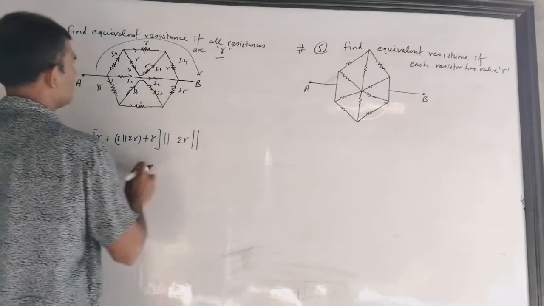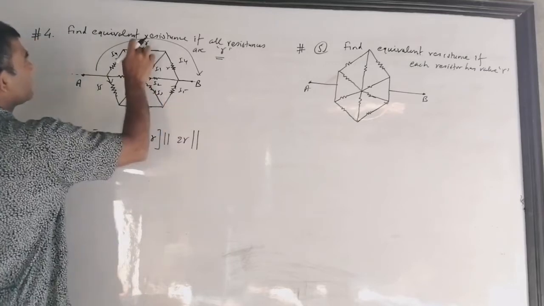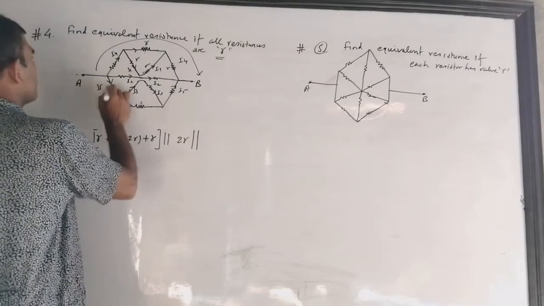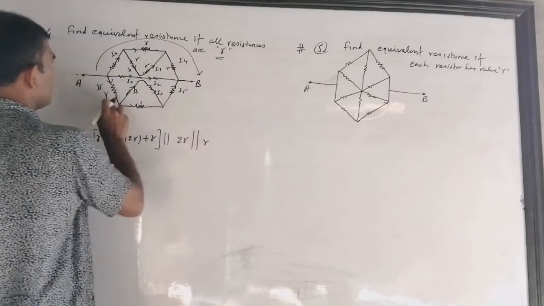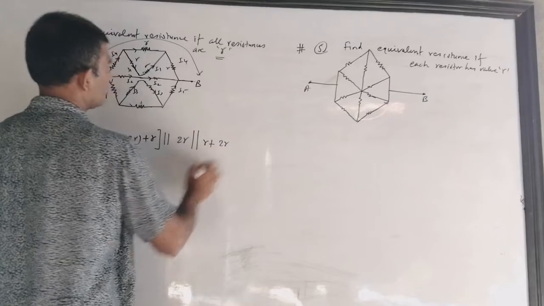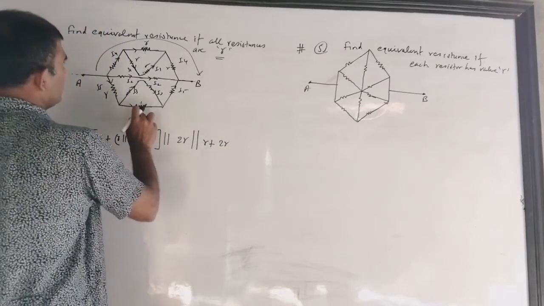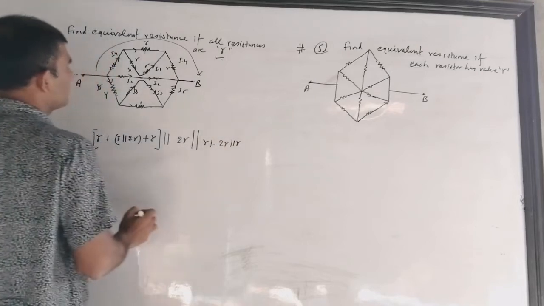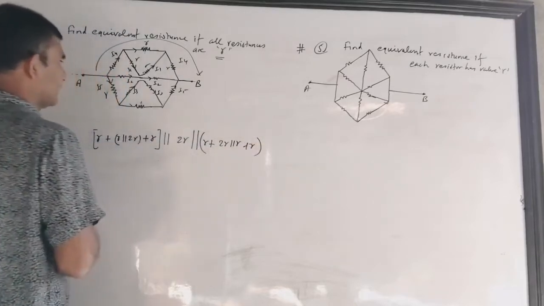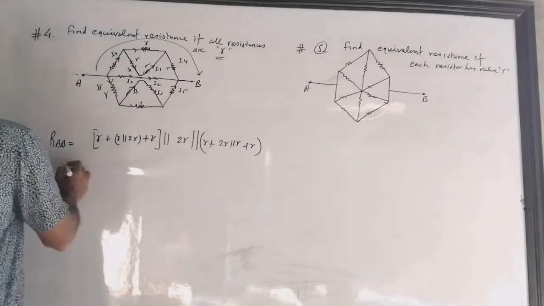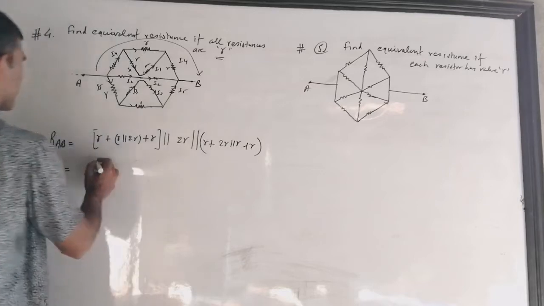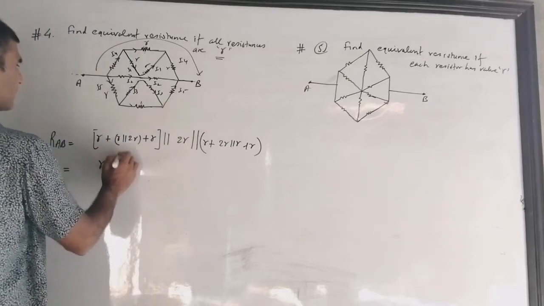And again something is parallel with this. So now the down part is the same thing as the up part, and so I can just go without thinking, or let me tell once again, no problem. This is R. Okay, R you come here, here it is divided in two branches, upper is 2R, and down is R, so 2R parallel R, up to here, and again here is R, so it looks like this. Okay, it is two the same, and I told you, if the same resistances are in parallel, then divide by the number, so 2 divided by 2, and so I got here R plus R parallel to R.